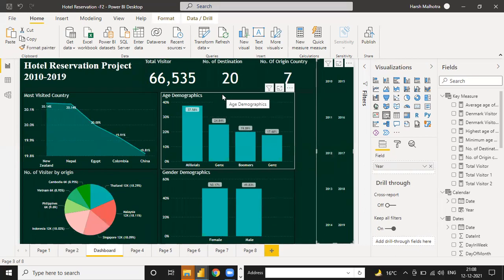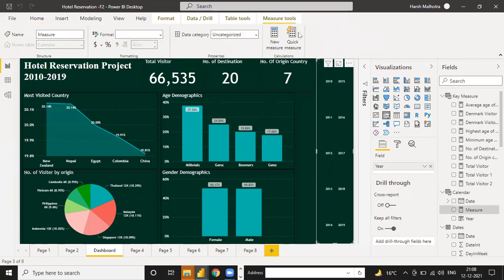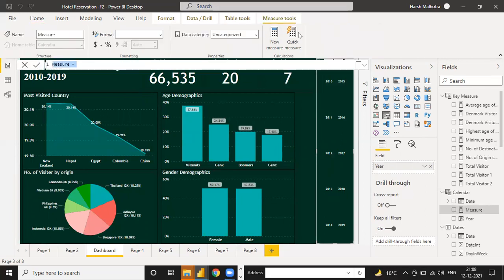But if you need to calculate only female visitors, how do you calculate? It is very simple. Click on this new measure. Two functions you have to remember always: CALCULATE and FILTER. This is very important for all projects. Mostly CALCULATE and FILTER are used, but there are a lot of functions, I will show you in just a second.